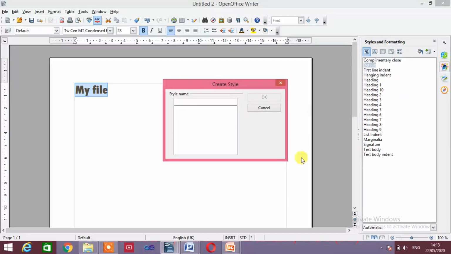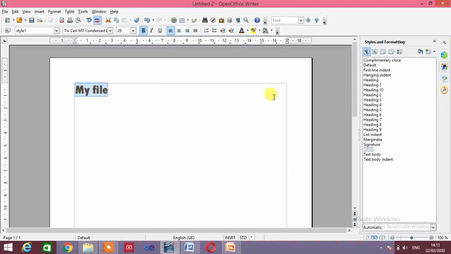In the Create Style window you can type the style name. I am giving the style name Style 1 and I am clicking on the OK button. Now you can see by this method Style 1 is created. So this is a way to create a new style using the drag and drop method.